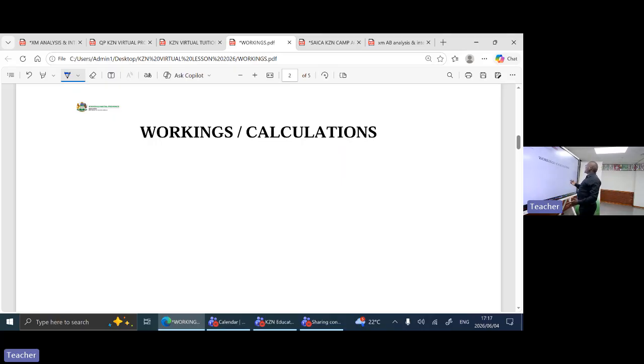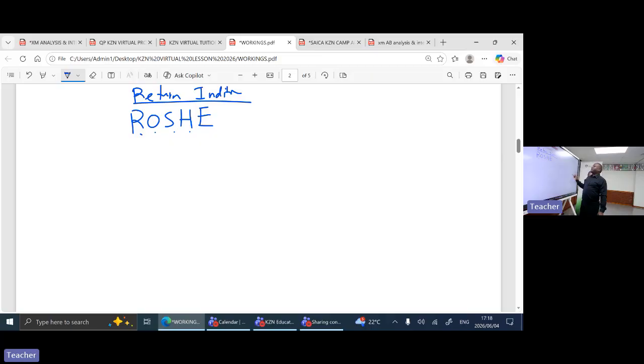All right. Then we also have return indicators, or ratios. For now, I'll just speak about ROSE, which is return on shareholders' equity. Under return on shareholders' equity, here we're checking if it is worth it to invest